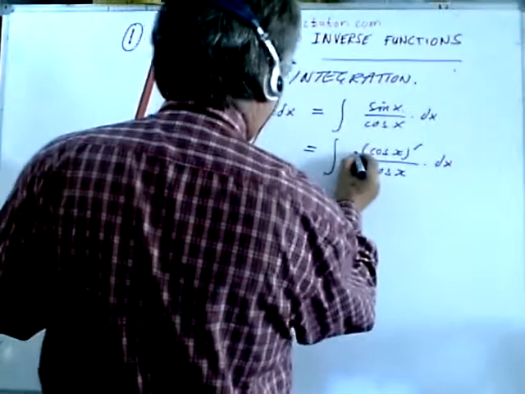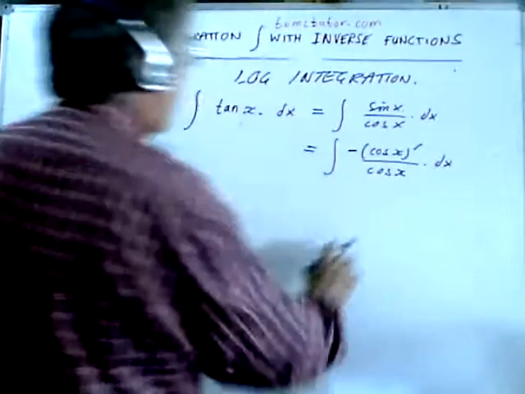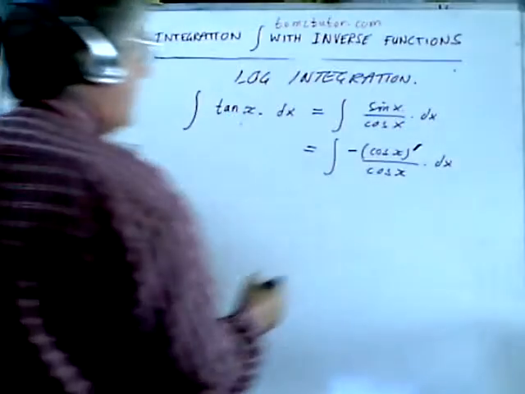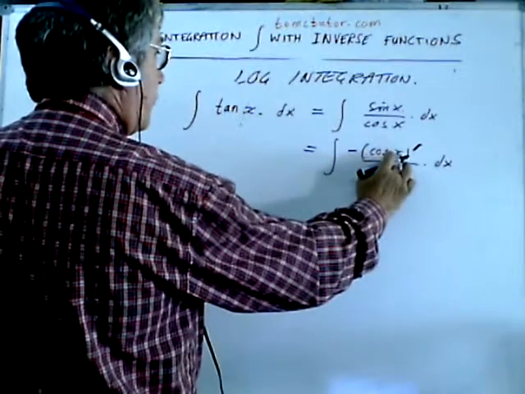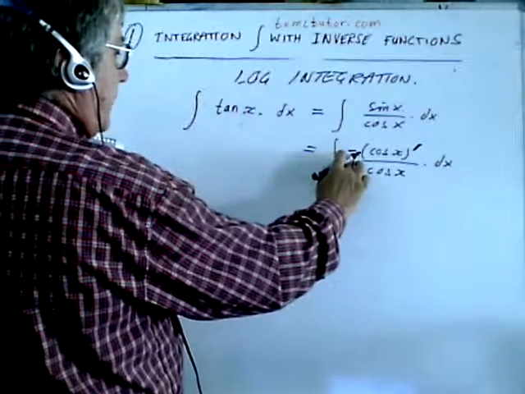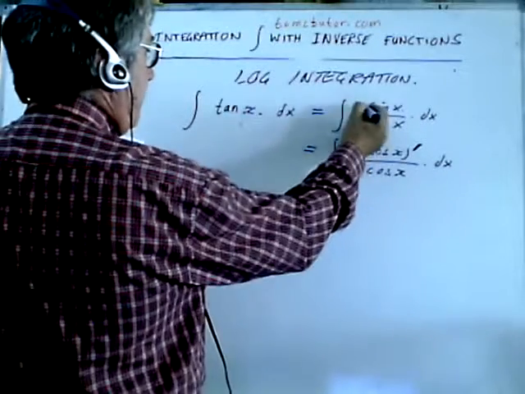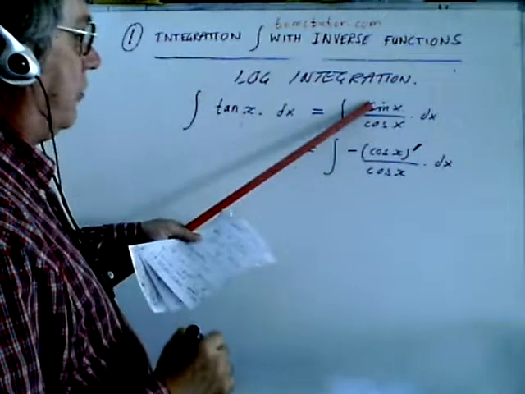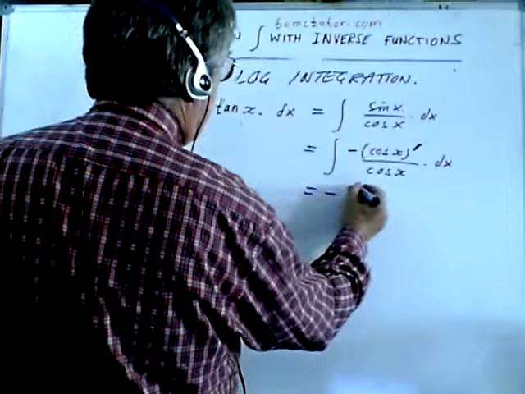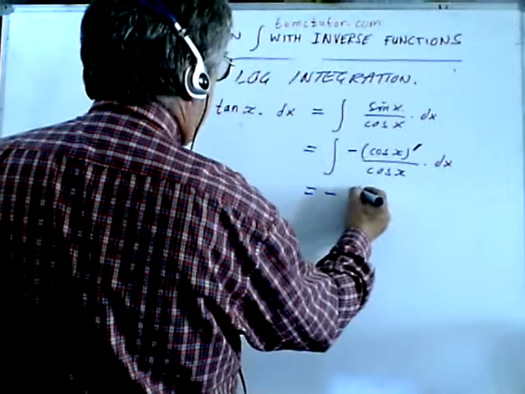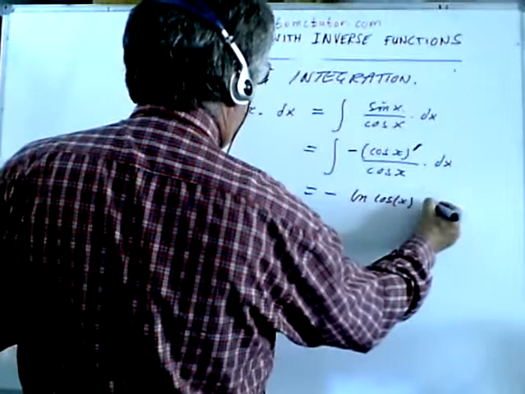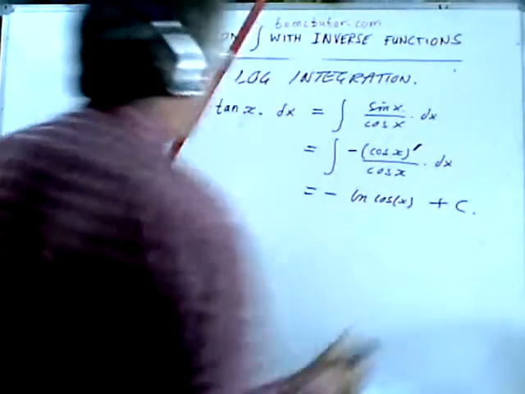Well, there's the minus sign, isn't there? Because when I differentiate the cosine, that's what that prime means there. When I differentiate that cosine, I'm going to get a minus sine. So I'll have to multiply it by minus 1 to return a plus sign, a positive sign at the numerator. Now that is equal to minus the log n of cosine of x, plus, of course, a constant. Okay, so